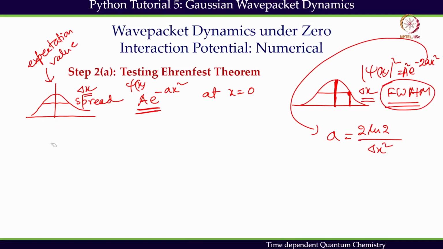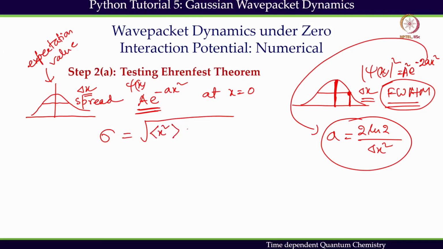This is something we should remember, that's the convenient, this is the standard procedure we follow always, and based on that only we defined a equals this one. Now in a different context, when you deal with Gaussian distribution, the width is also expressed in terms of its variance, and that is defined by